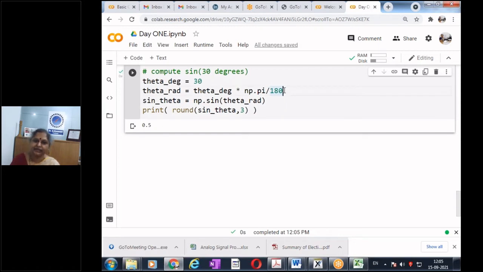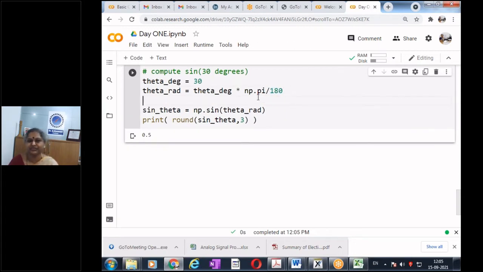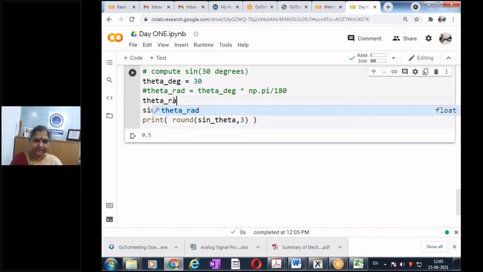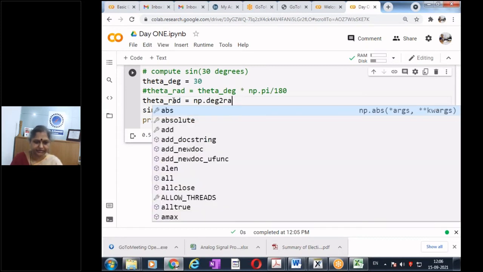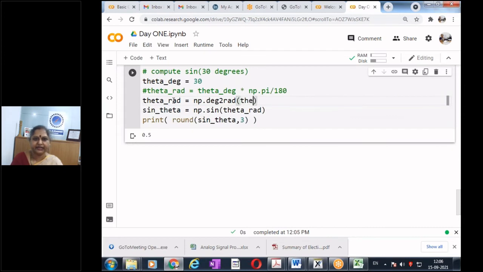Yes. And of course, I would suggest use this. You can also do it another way. We want to get theta in radians. There's an inbuilt function, np.deg2rad of theta in degrees.